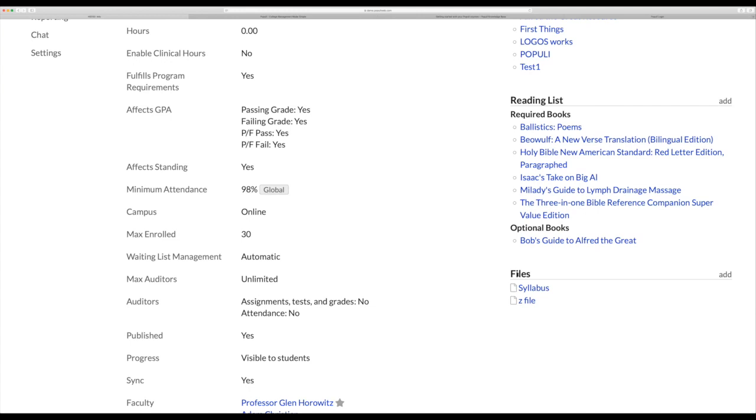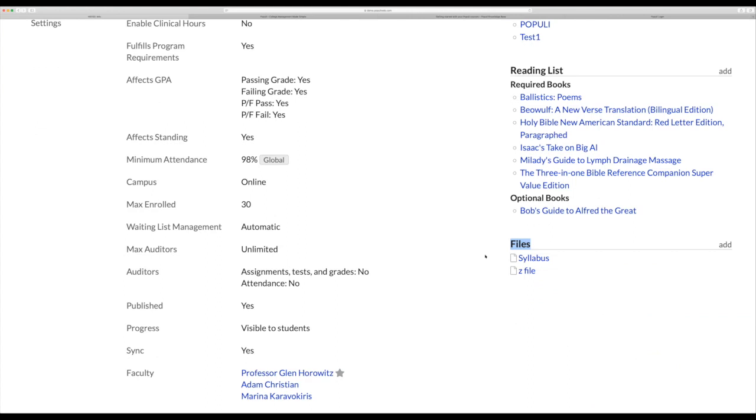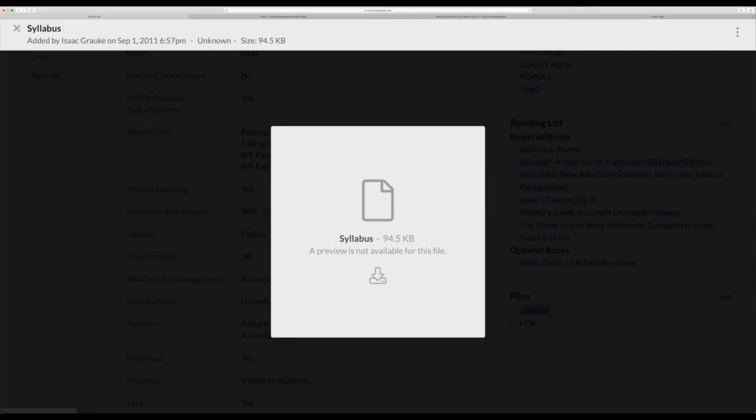There's a place here where you can put files under the info tab, but you don't want to put files that are specific to material you're teaching. This is more of just general files like a syllabus or a classroom procedures or rules kind of file. You might want to put those there. Now your syllabus could fit here perfectly. Students could go to the info, they could pull up this syllabus, they could download the syllabus and use that,